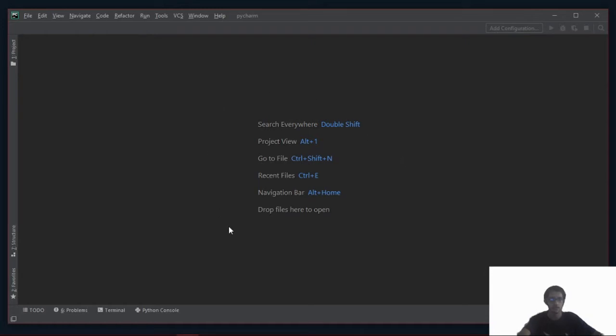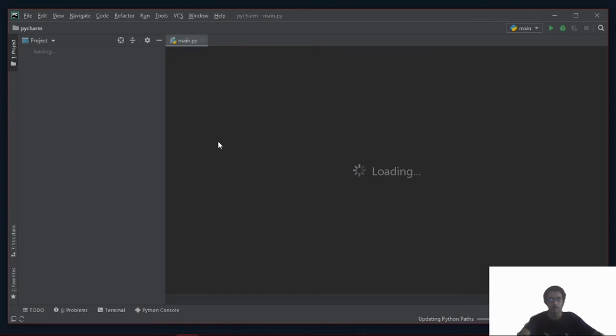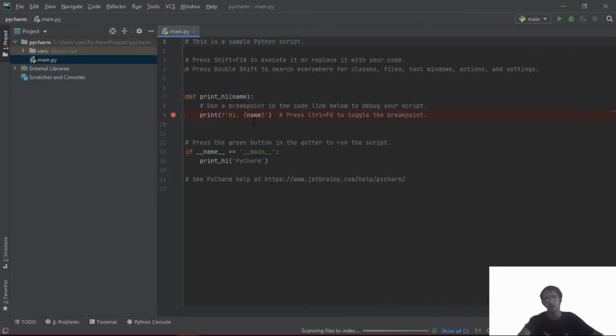I guess everything has been loaded. Yes, and here we have our PyCharm Community Edition IDE. So this is just a bunch of text that PyCharm produces for us,